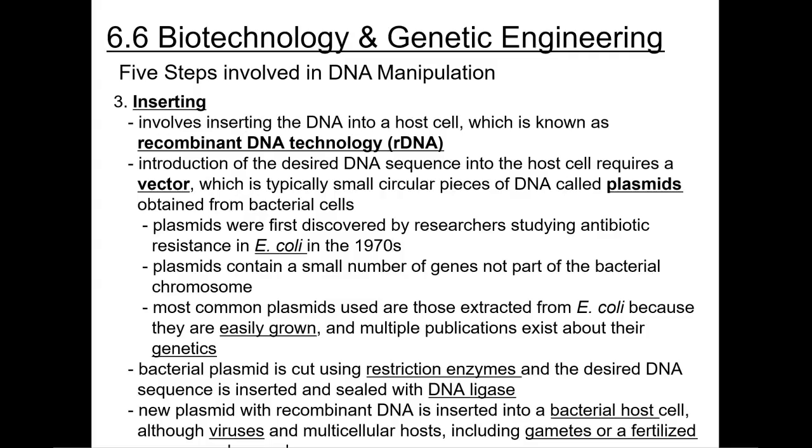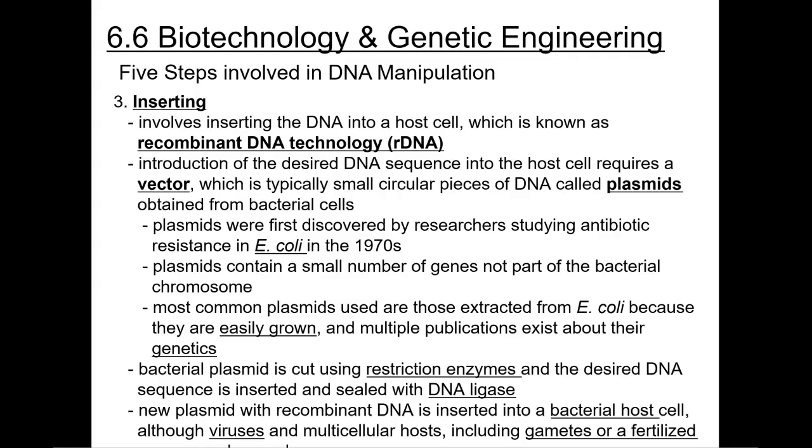Now, plasmids were first discovered by researchers studying antibiotic resistance in E. coli in the 1970s. They contain small numbers of genes not part of the bacterial chromosome. Usually anywhere from 3 to 7 genes total are going to be found in these plasmids. Most common plasmids are going to be extracted